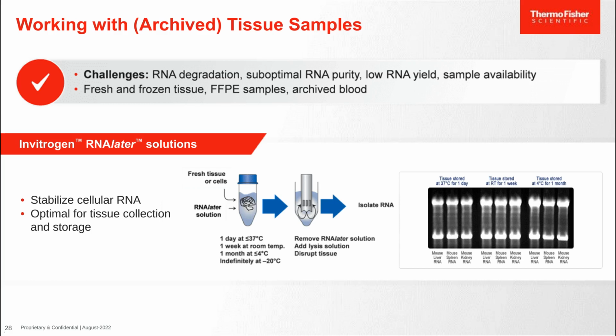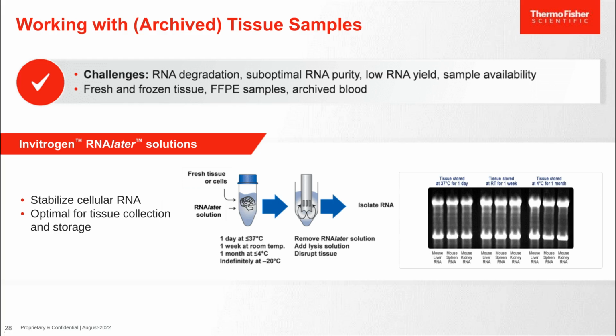Fresh tissue samples or cells are first added to the RNAlater solution, where RNA can be stored for up to 1 day at 37 degrees Celsius, 1 week at room temp, or indefinitely at minus 20 degrees Celsius. When you are ready to proceed with your experiment, simply remove the RNAlater solution and continue with your extraction